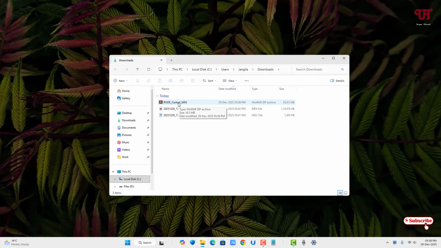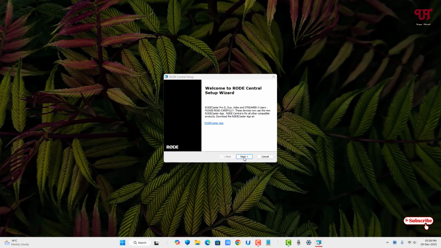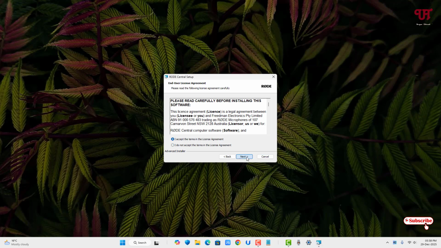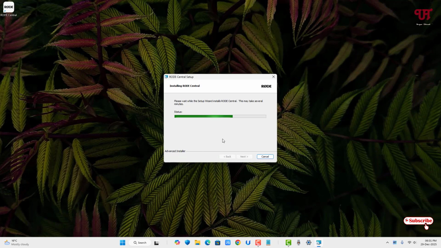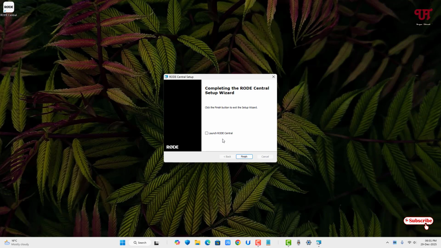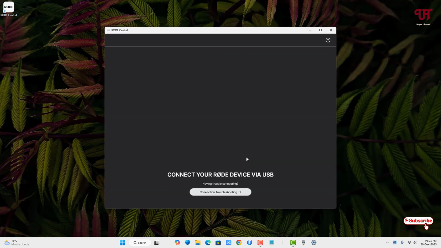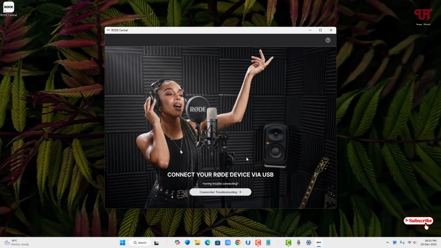Now just double click it to extract this zip file. Now just open the extracted folder. Just double click it to run this software installer. Click on next, click on accept, click on next, click on next, click on install. Finally the installation has been completed. Now select launch Rode Central and click on finish, and now connect your Rode VideoMic Go 2 microphone